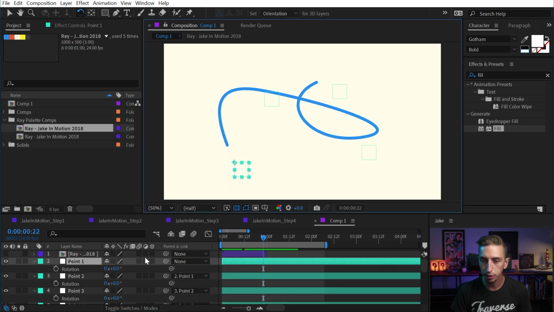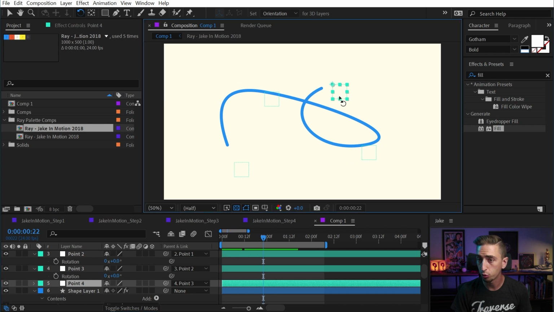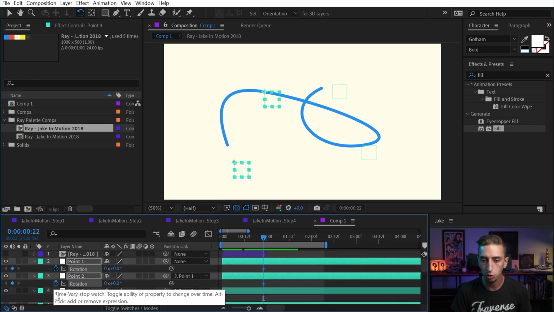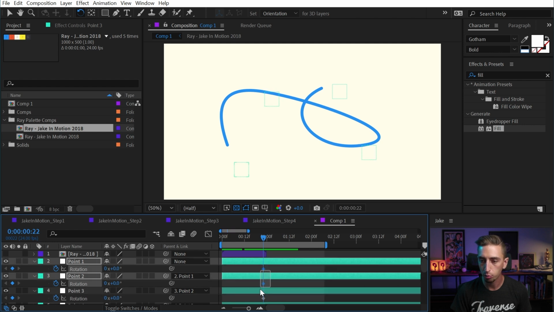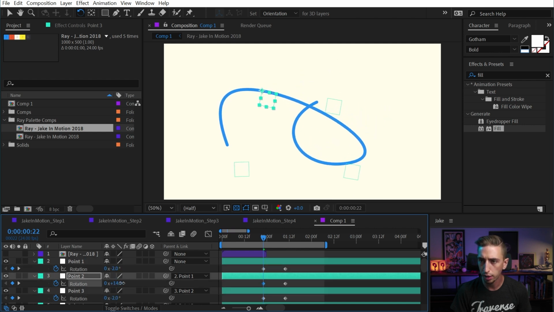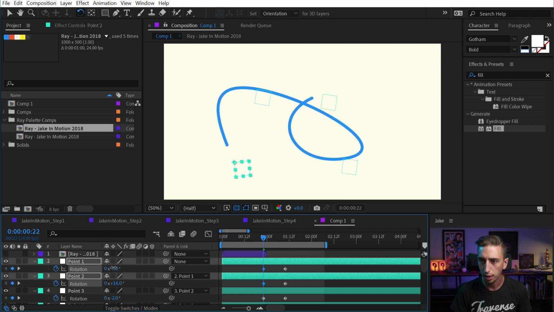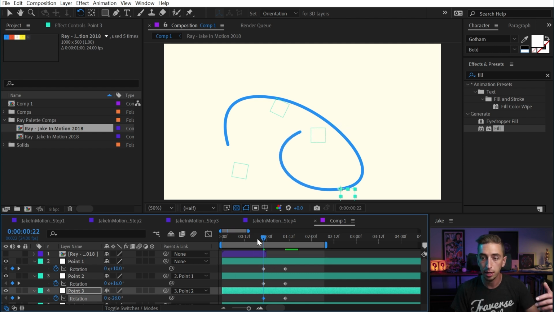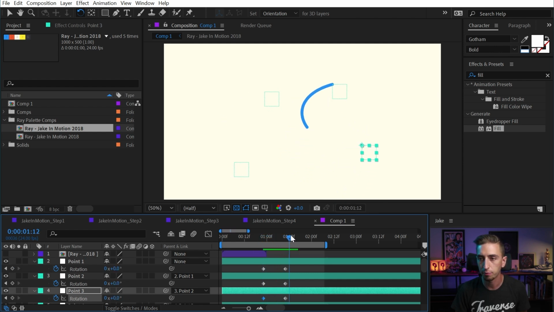Point 1 is going to move everything. Point 4 will not move anything because it's the very end. So we just need rotation on 1, 2, and 3. And then I'll move those forward a little bit in time and then maybe just rotate these back slightly. It doesn't have to be a whole lot. I could even just grab maybe point 2 and rotate in the opposite direction. And point 1 could even be in the opposite direction. So we've got different rotations of different directions to make a shape that's completely different than the final, which is